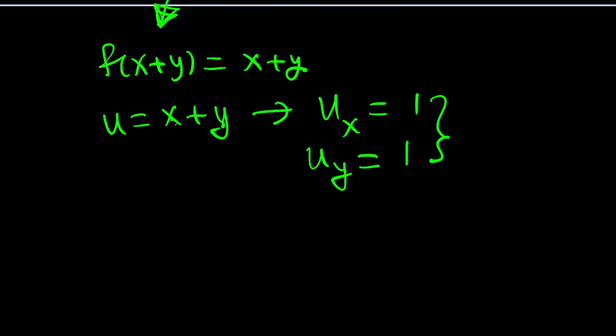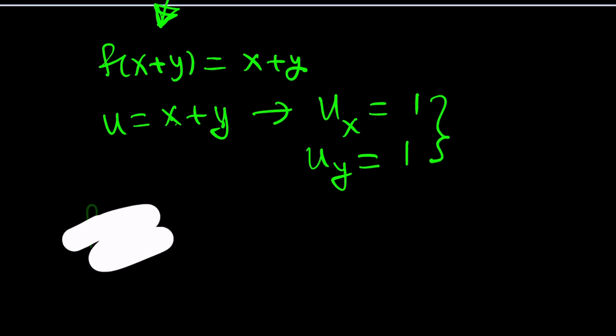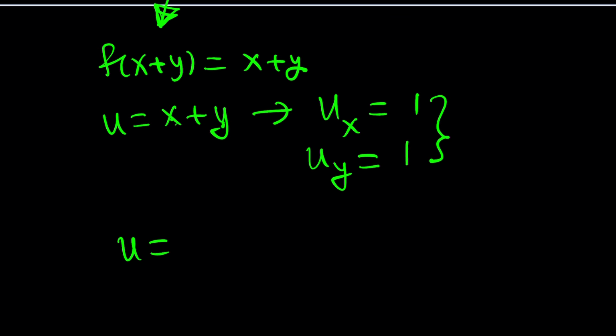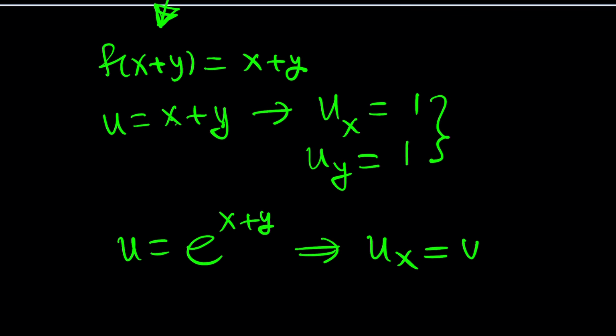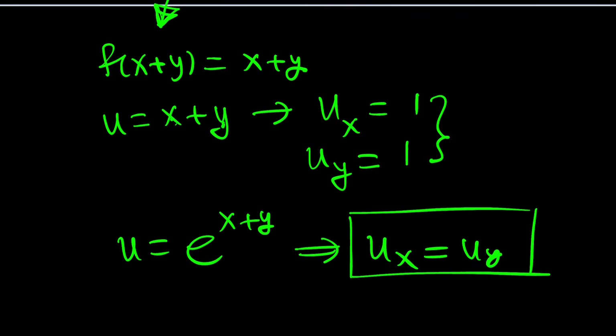Now, what happens if you pick something more complicated, like, let's say, hey, I want to use u equals tangent of x plus y, or e to the power x plus y. Guess what? You're always going to get the same relationship, ux equals uy. So as you can see, you can pretty much try any function of x plus y, and it is going